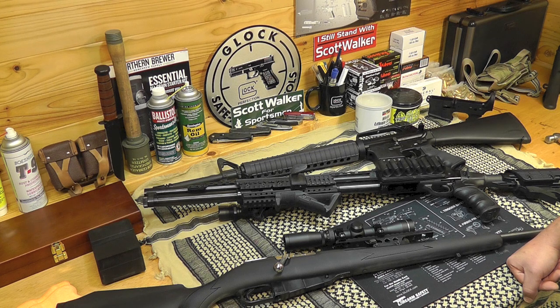I believe there is a 45 ACP version out there too. A couple different magazine capacity options out there, obviously, and it's available in both steel and polymer versions. Now, I've shot the steel version a couple of times, and I've seen it at gun shows around, and for me, again, I'm looking at the 9mm. For me, the full steel version is a little heavy for a 9mm platform,